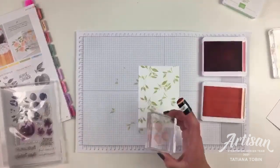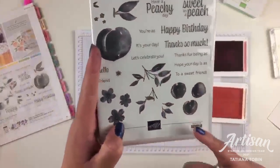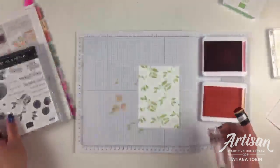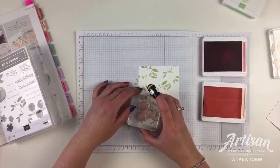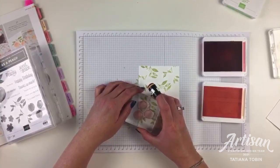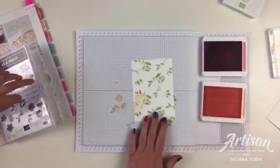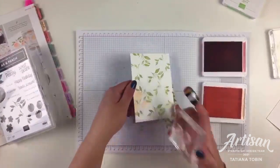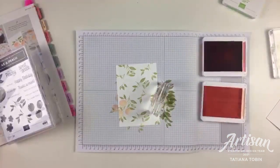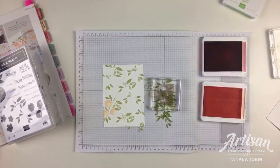And then you line them up. It's the indents. If we look over here, I'm going to stamp off first. If you look at the peaches, there are those little indents which line up with some of the branches. So I'm going to take a moment to line them up. There. And then stamp. Oh, that's why there are little holes there. How cute is that? And the time consuming part is because I don't want to now ink this into the pale papaya, because then the calypso coral will...